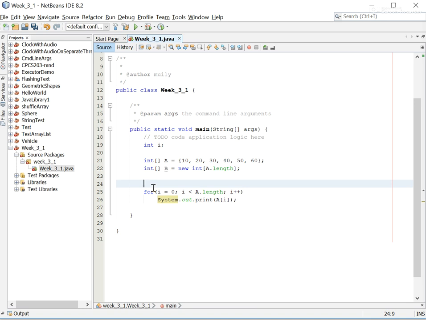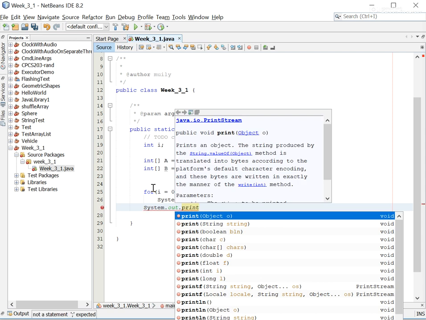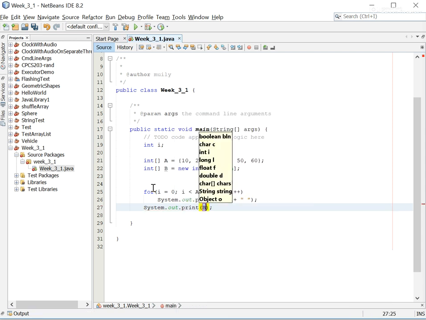I'm also going to put a space between different numbers that I'm printing out over here, and maybe at the end make sure we have a line break. So I'm going to put a new line character there,